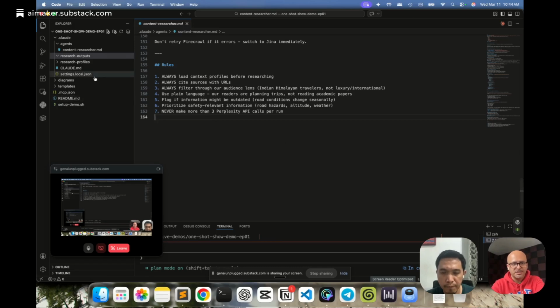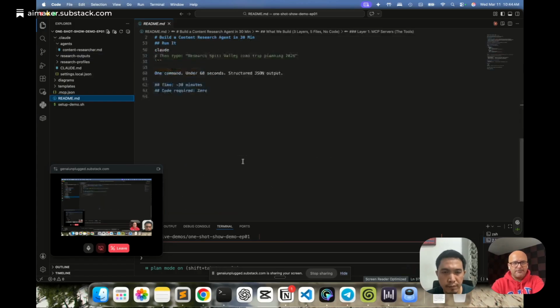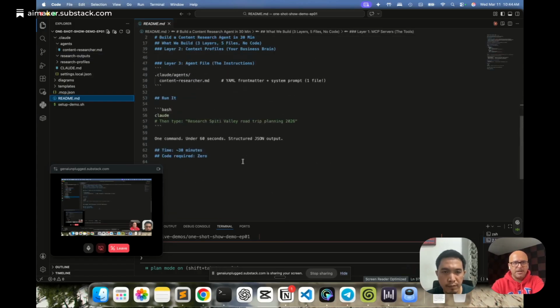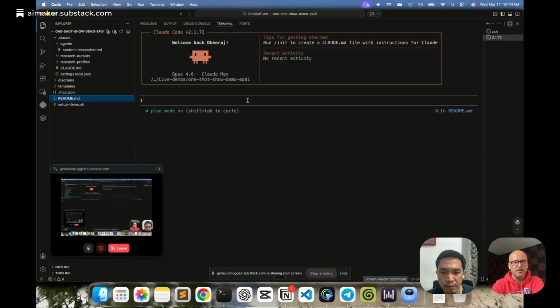So what we can do is I'll just go to, let's suppose, the readme file. I have this query over here, or maybe I can just say, let's go back. One thing you can see now, I have Claude open, with everything we were just following, basic files over here. For those of you who are not familiar with Claude Code, as soon as you open it, it comes into plan mode.